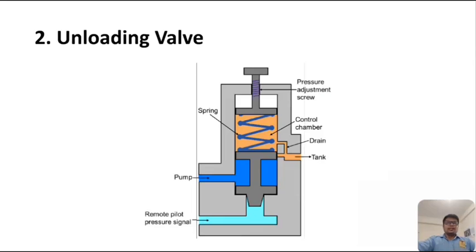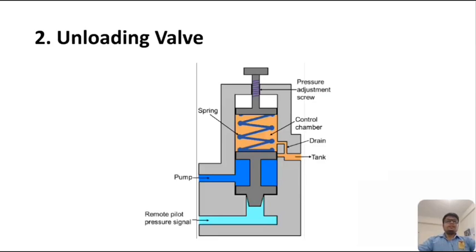The drain is provided, that you can see in the figure on the right hand side, that is basically provided to remove the leaked oil that is collected here, and it will be directly moved toward the tank. And this is also useful if we want to eliminate valve failure. The unloading valve basically reduces the heat buildup due to fluid discharge at preset pressure value.